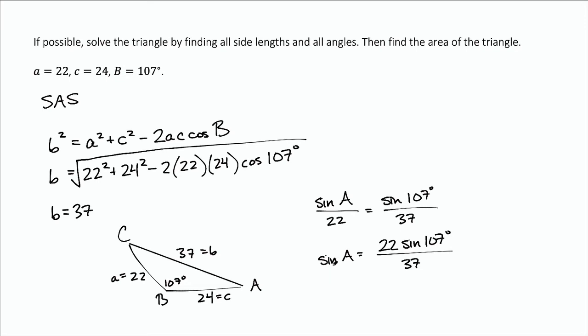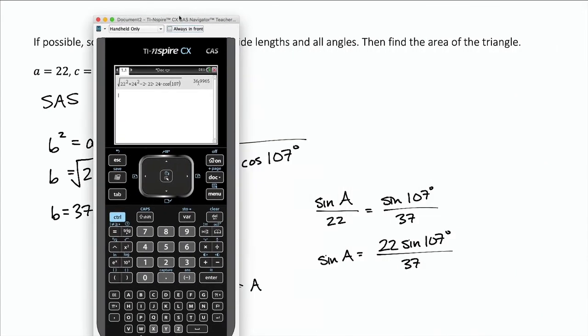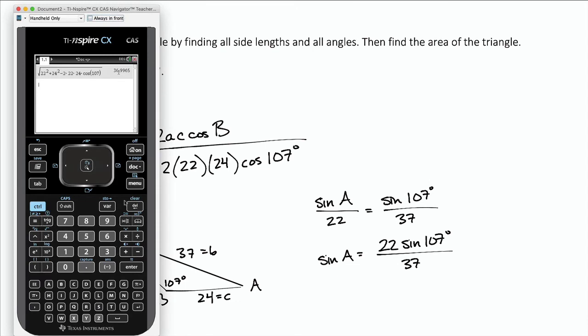And then I'll do the inverse sine of that to get the A. So let's go ahead and do that here. I'm actually going to use the exact form instead of 37, just to make sure that I'm not making any mistakes with my rounding. So sine inverse of 22 sine of 107, and then over,